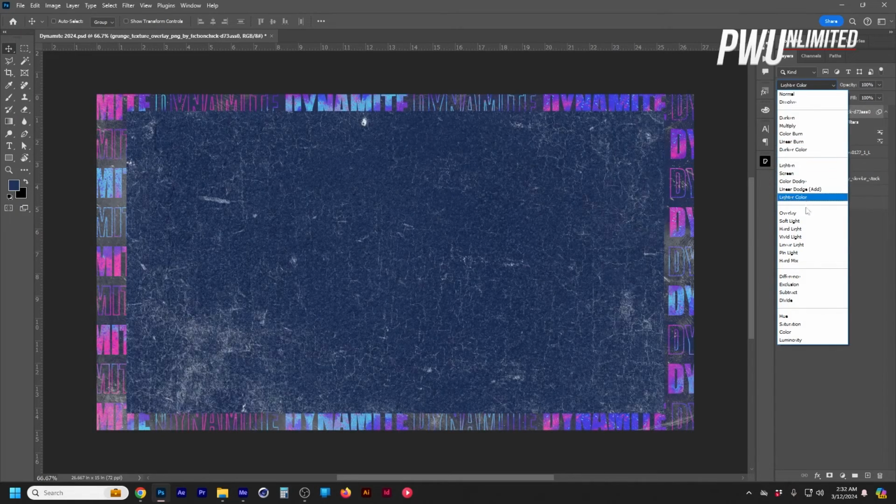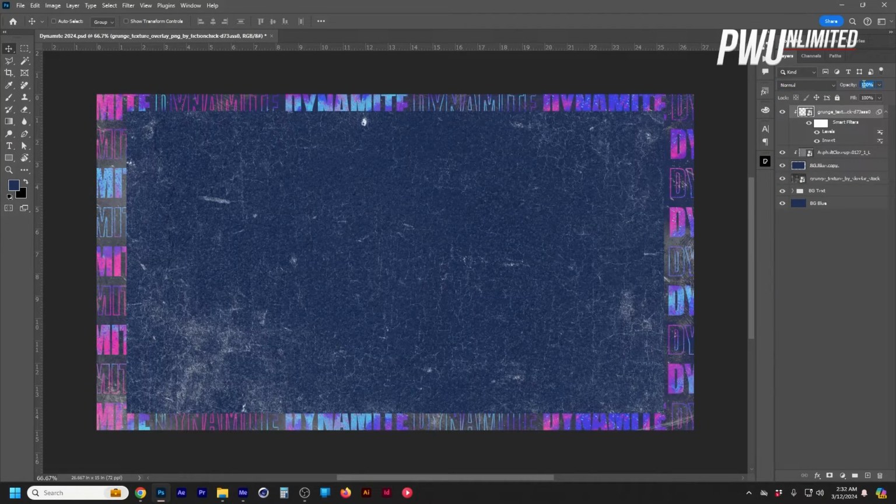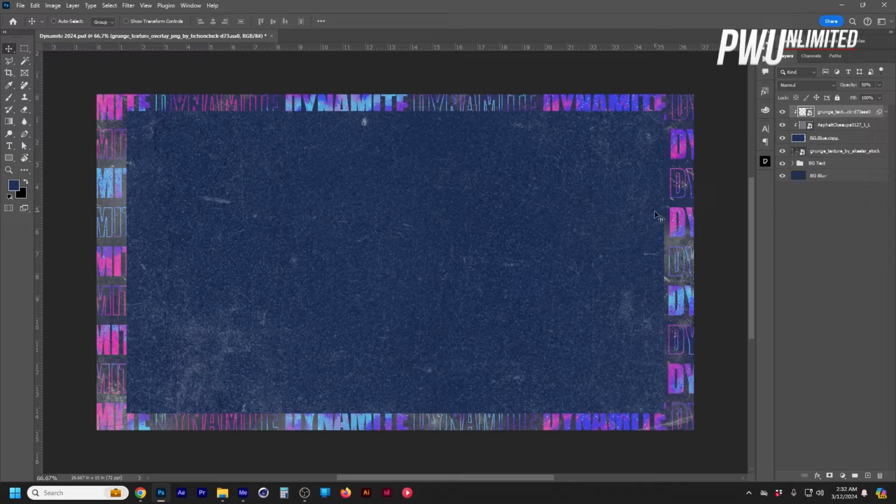Then you can play around with your blending modes here. Do however you like. Maybe you want an overlay or a soft light. Maybe you like vivid light on it. But I'm not going to mess with that at all. And I'm just going to bring the opacity down to about 50%. So from there, we've got all that